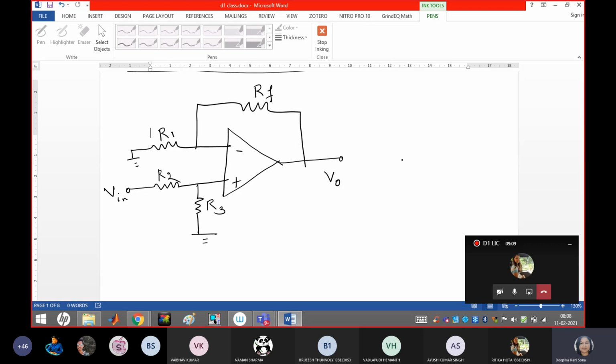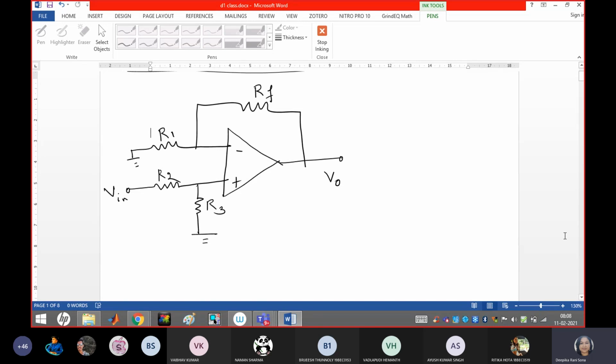Now look at the circuit and tell me guys, this belongs to which configuration? You have learned, no? Inverting, non-inverting. Non-inverting, very good. So what should be the output voltage equation for this, guys? And here you remember, this is B terminal and this is A. So the voltage which appears across B is VB, and the voltage which appears across A is VA.